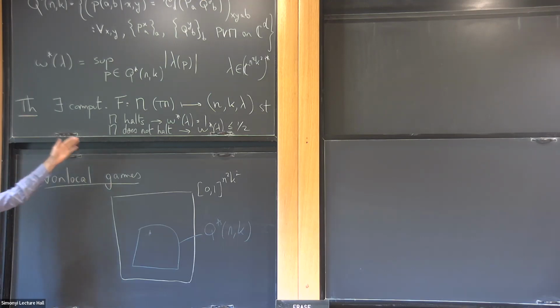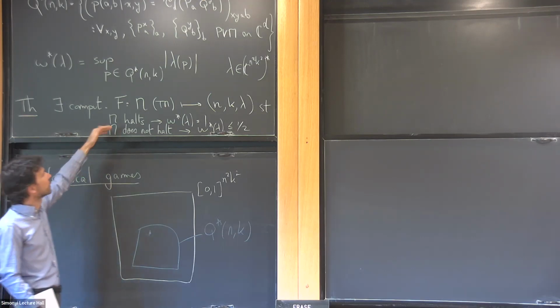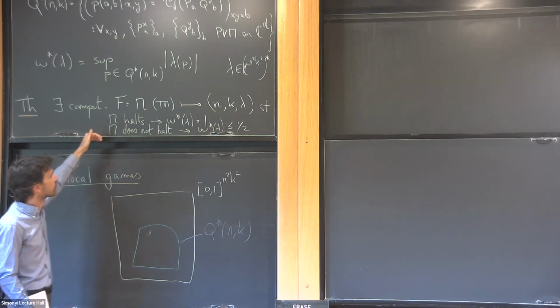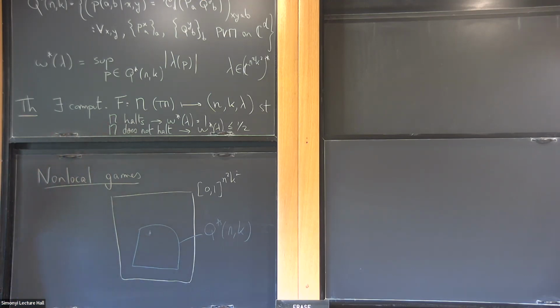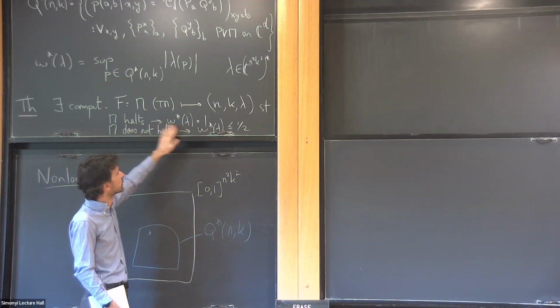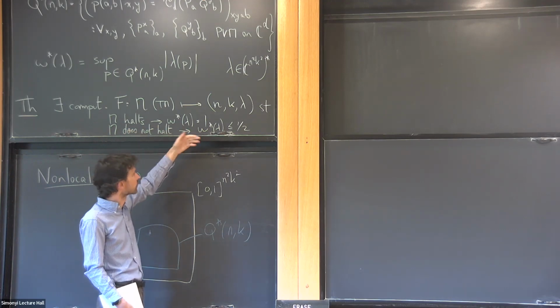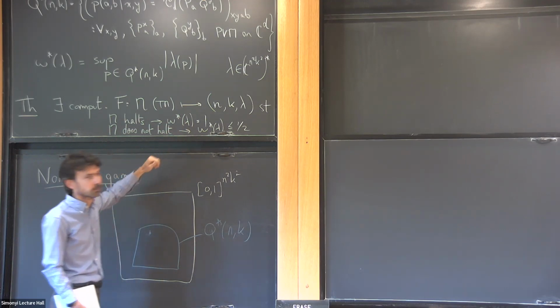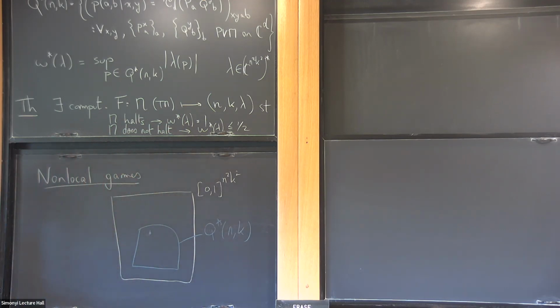So what this effectively does is that it reduces a well-known uncomputable problem. The problem of deciding if the machine halts or doesn't halt is easy to show uncomputable. Turing showed this by a diagonalization argument. And we're reducing this to that problem. So because this is undecidable, this problem will be undecidable too. And as a consequence, this function, omega star of lambda, will be unknown. Okay. All right. So any questions on that?